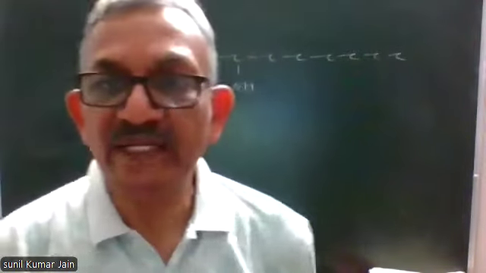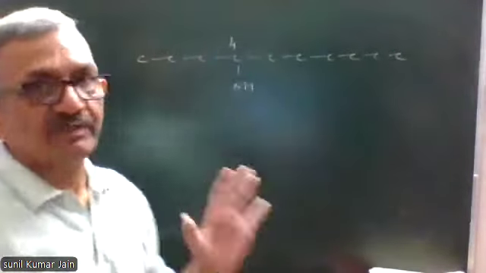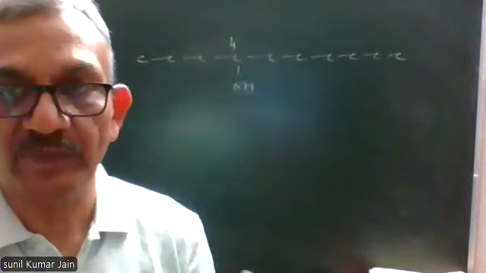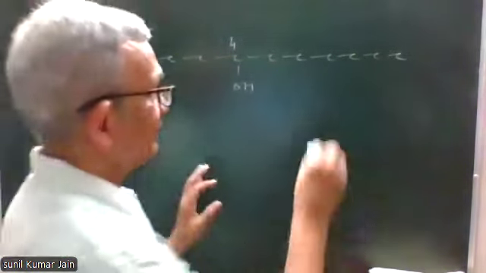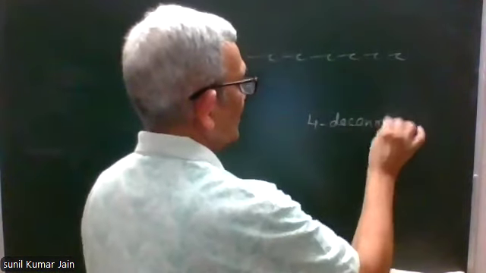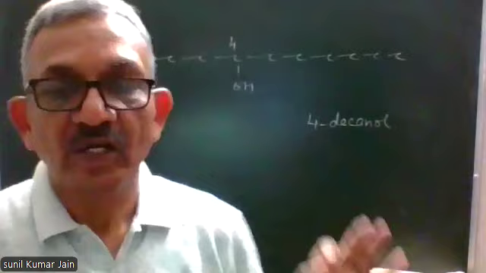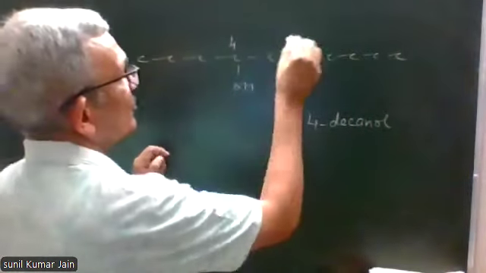This is a chain of 10 carbon atoms, OH group at carbon number 4. It means the IUPAC name so far of this compound is 4-decanol. Now, if there is a side chain present, let us say this is carbon number 4, this is 5,